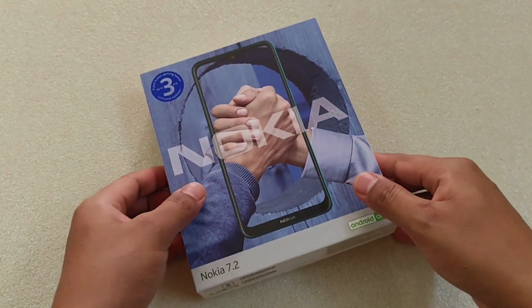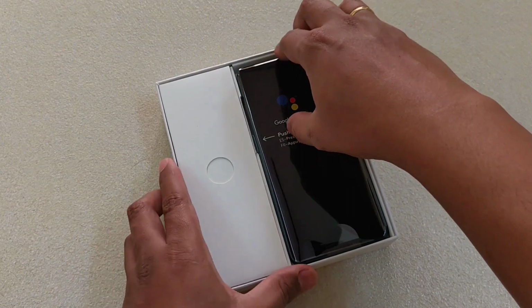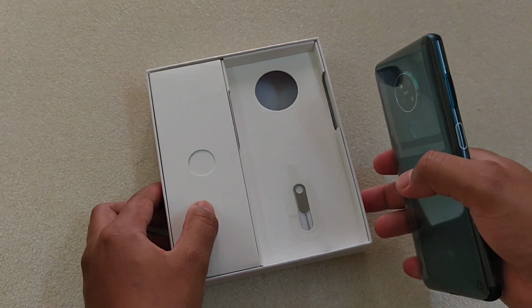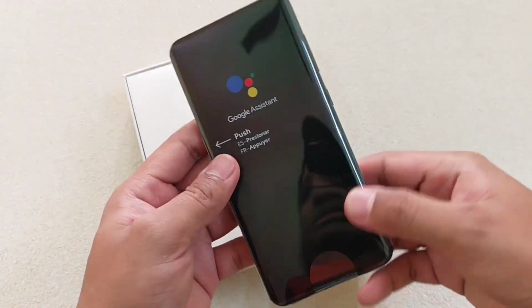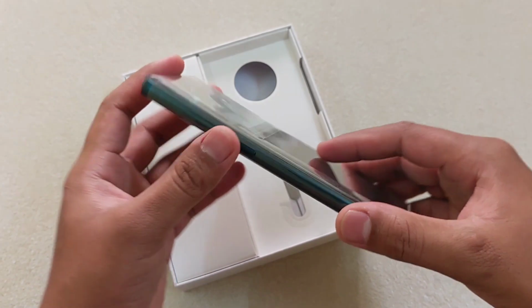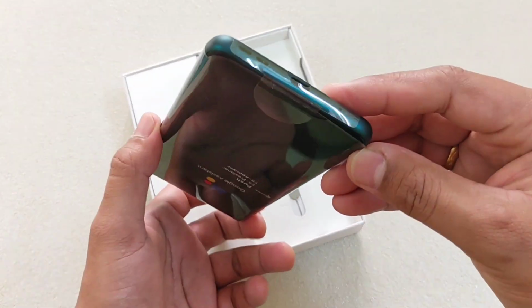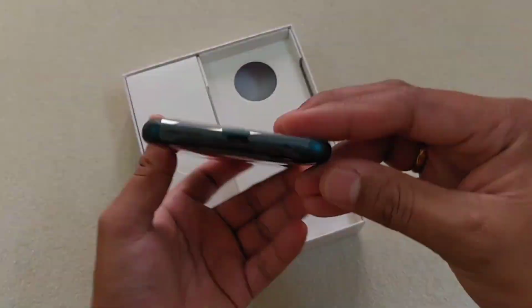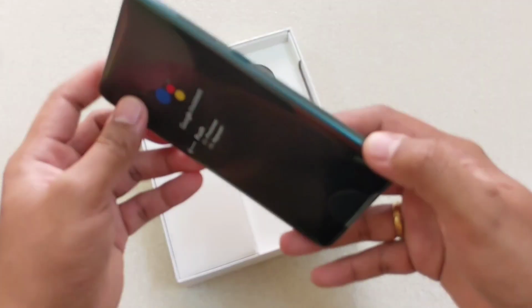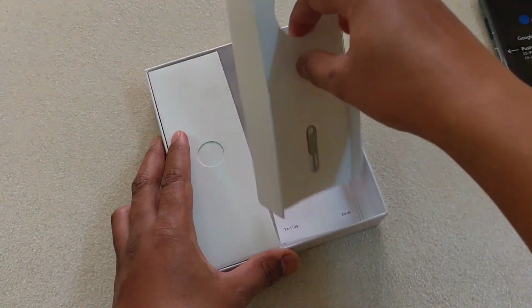Now let's open this and let's see what they have included in the box. So if you open this box, here is the device itself. And one thing I would like to tell you guys that, lately I've found that the box that I received from Flipkart particularly, it is not that well packed, and you can see that inside you will find the dirt, dust is there. So this is not good. It's not good. What else we get? This is the other box,